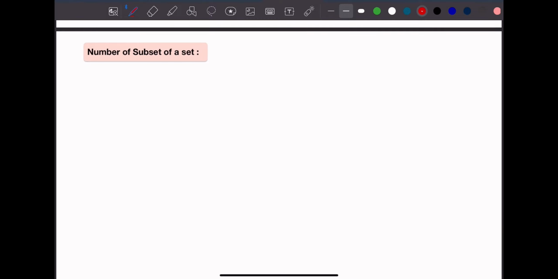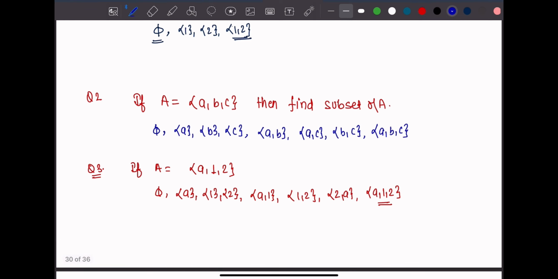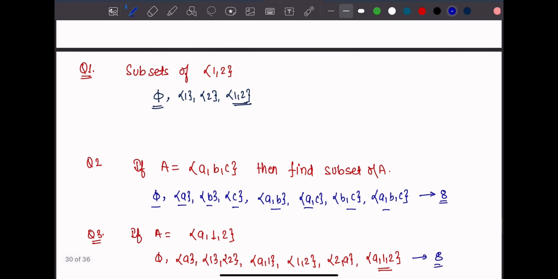Next concept is the number of subsets of a set. Here, if I count the number of subsets, I get 1, 2, 3, 4, 5, 6, 7 and 8. Here we are getting 8 subsets, and in the other one we are getting 4 subsets, which means we can say